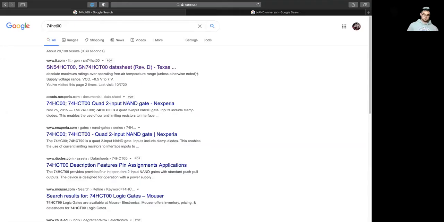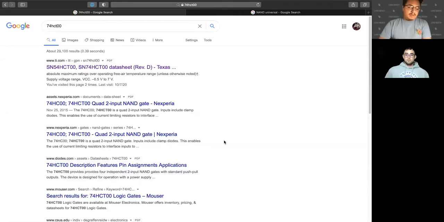Okay, go ahead. So one important thing about integrated circuit chips is that one of the first things you want to do is, because you're just going to see a bunch of pins on the chip, and then you're going to see some numbers on top of the chip. The numbers are going to indicate what kind of chip you have. So the chip that we're going to be working with today is a 74HCT00, which is basically a 2-input NAND gate chip, and there should be 4 NAND gates within